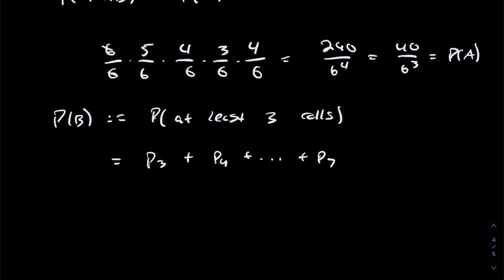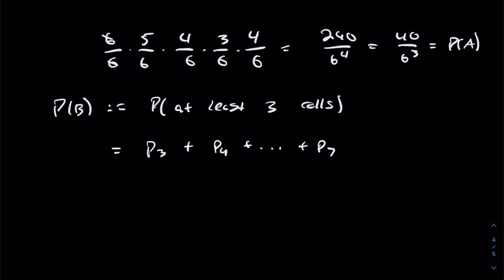just because P sub 3 is the probability of taking 3 rolls, and so on and so forth up to 7. And at least 3 rolls implies that we are looking for the probability of it taking 3 or 4 or 5 all the way up to 7 rolls. And we know how to solve each of these individually, but rather than do that tedious method, I propose that